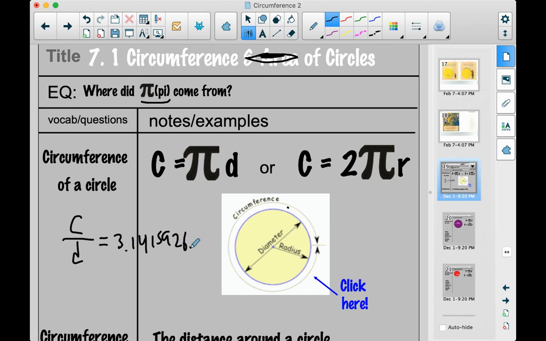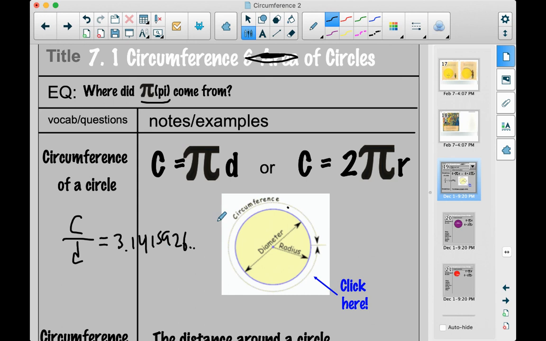Now, how closely you could calculate that has gotten better through the years. They couldn't probably get to this many digits back in the day just because they didn't have very sophisticated measuring devices. But they'd always notice they'd get this number that's just a little bit more than